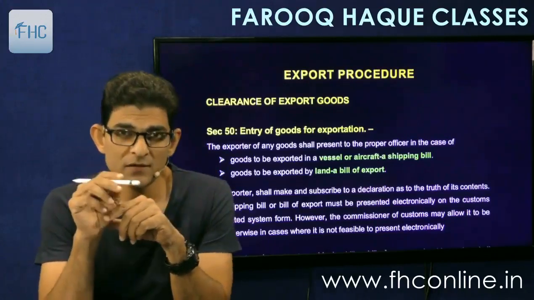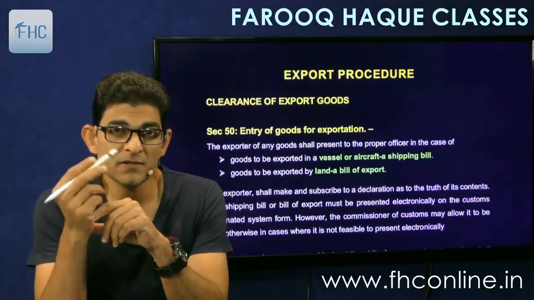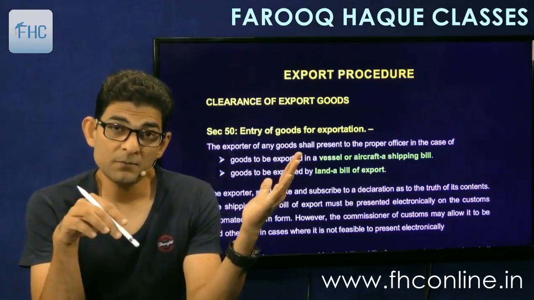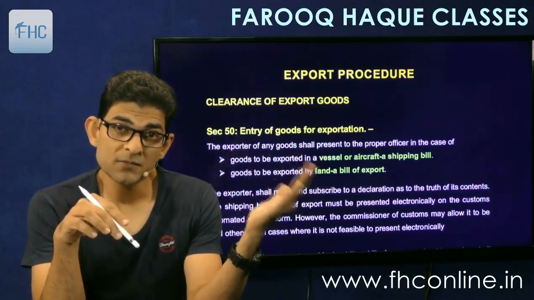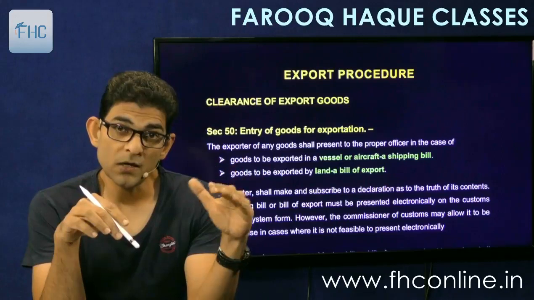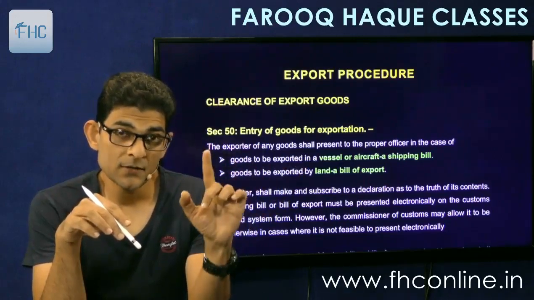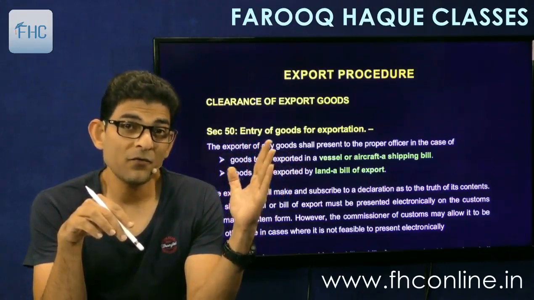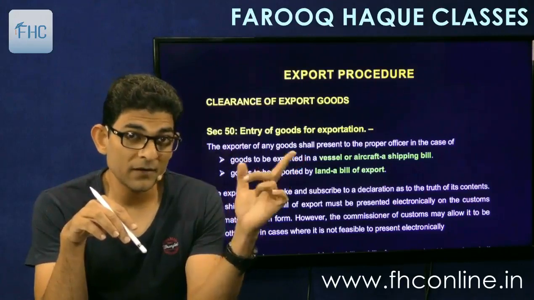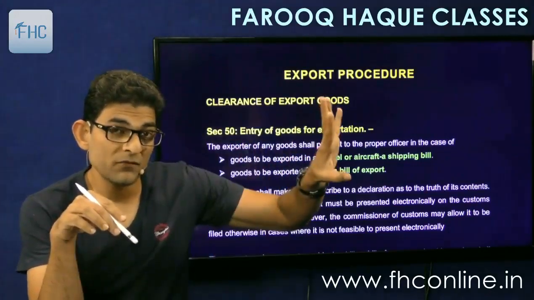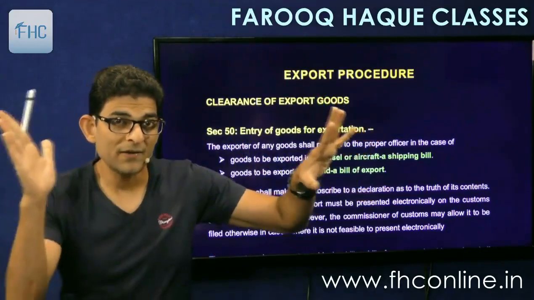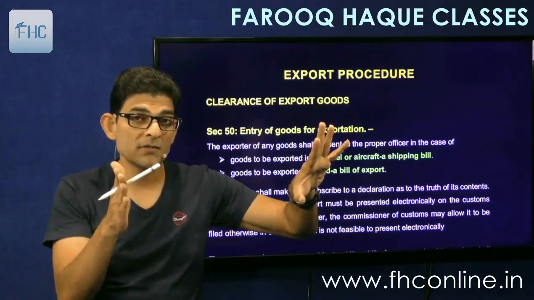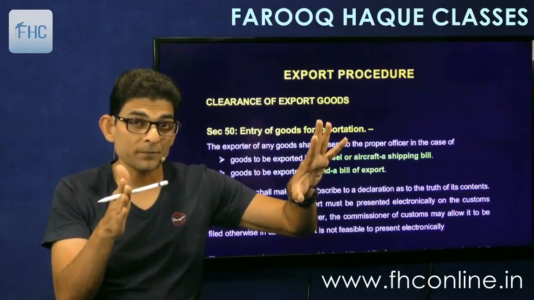After that, the customs officer will verify the goods and will allow the export. So what he'll do first is check the valuation and rate of duty and all, and he will pass a clearance order. Okay? Once he passes the clearance order, at the same time the ship in charge has made a request to the customs officer to allow the loading of the goods. So the customs officer will grant him, that is the ship in charge, an entry outward. So on one hand is the exporter who files the shipping bill and gets the clearance order. That clearance is called the let export order or let ship order.